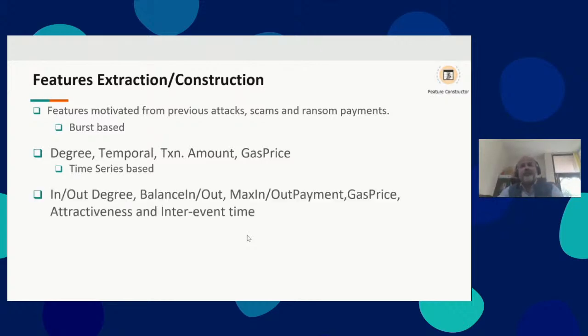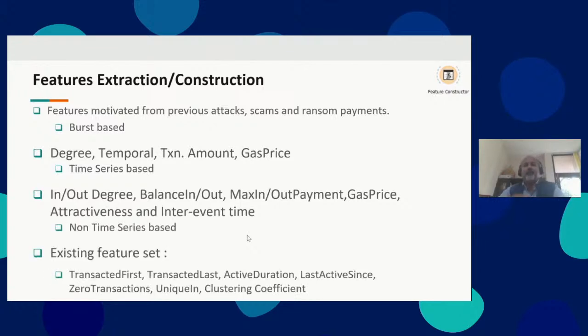And then we also look at in-out degree, balance in and balance out, maximum in payments, maximum out payments, gas price, and attractiveness, which is basically a measure of the neighborhood stability, and inter-event time. Now, again, since we are not looking at the aggregate data, we are looking at the data as new blocks are added, we are actually constructing graphs. Every account has in degrees and out degrees that vary from block to block. So we create these